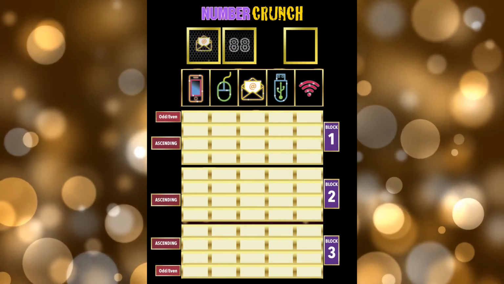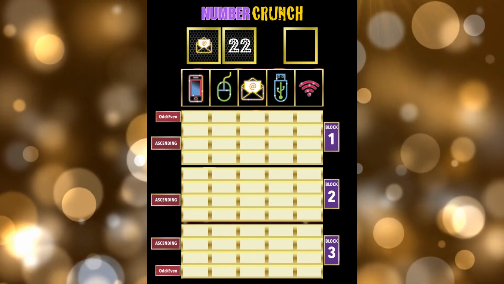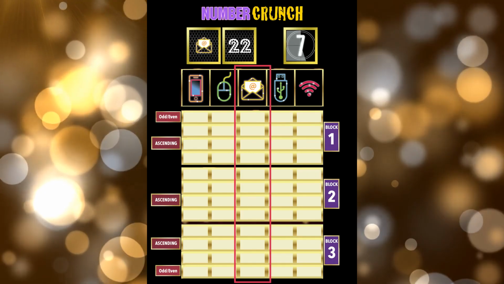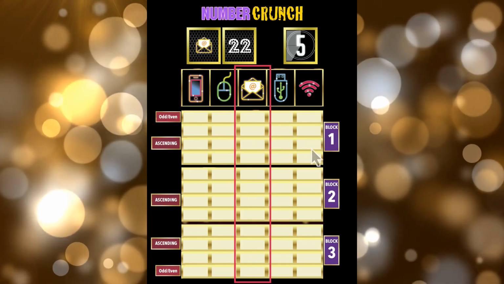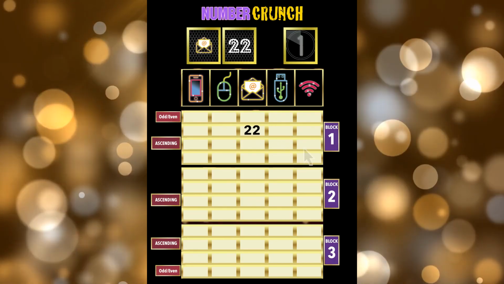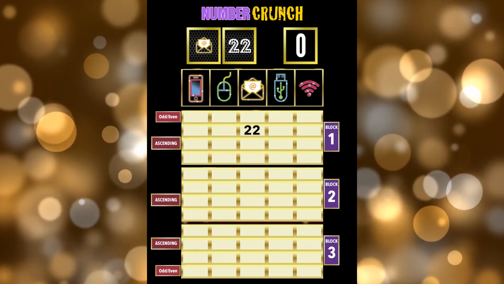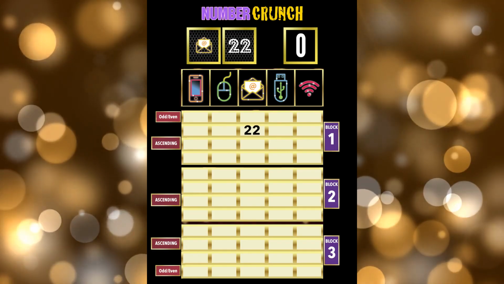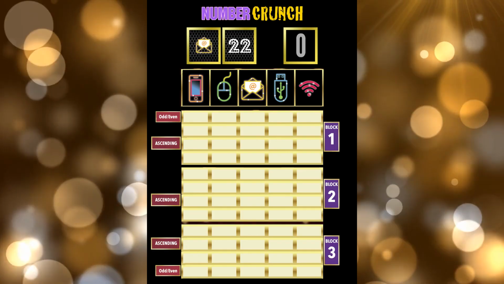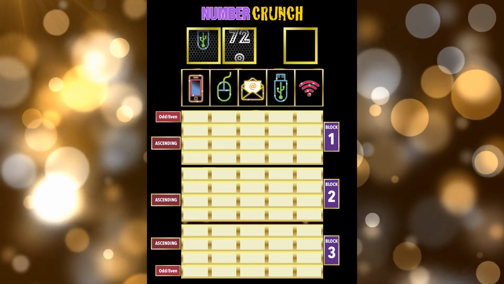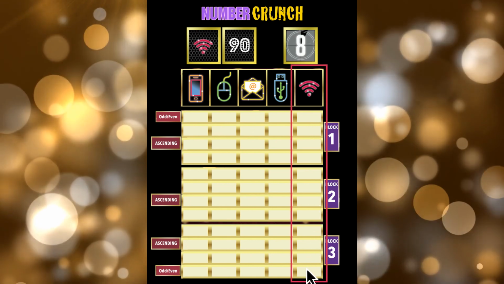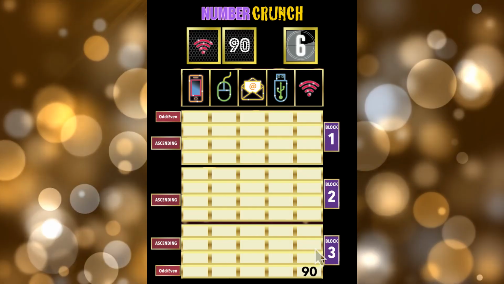When the game begins, the play number at the top left will roll, and a number and icon will appear. You will need to place the number on the board under the column indicated by the icon by clicking on the space you would like to place the number in. You must make your decision on where to place the number within the time indicated by the timer at the top right. If you do not select a space during that time, the number is gone and you will not get that number again. You will get the numbers 1 through 90 in random order, and the numbers will not repeat. Remember, there are only 60 spaces on the board, so you will not be able to use every number